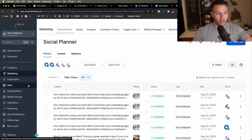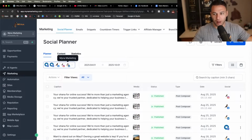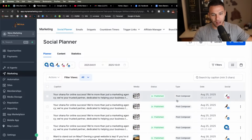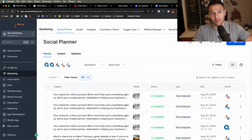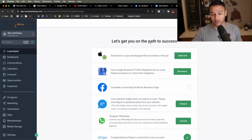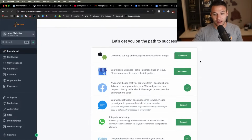dashboard. And so some people are probably asking, well, how do you get their social media connected to this platform? And that's a great question, because in the past you'd have to ask people for their passwords. But that's not what you're doing here. What you're doing here is you just go into the Launchpad. If they say yes, you just click this link, send link, put in their phone number, and they get a